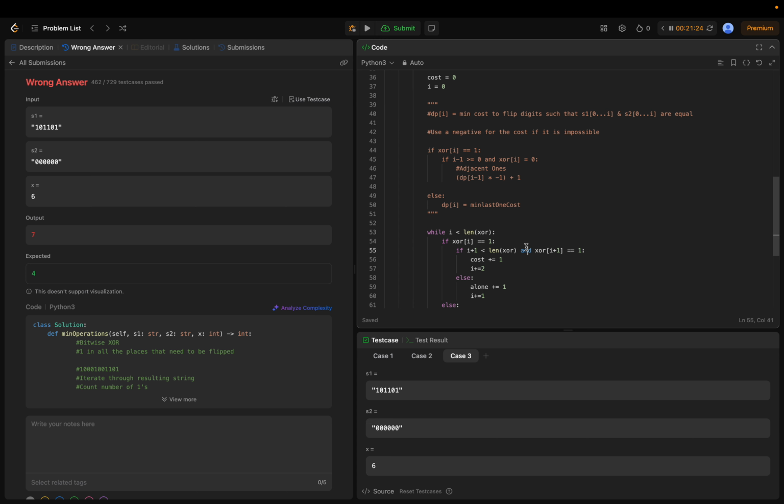I'm thinking about this all wrong, right? Rather than thinking of it as separate types of DP i values, there's one DP table, and then process it left to right. This XOR string, I can either flip it. I can assume now that there's an even number of ones. So I can either flip, for the XOR string, 1 itself and the next value. So the next XOR value would be 1. Or